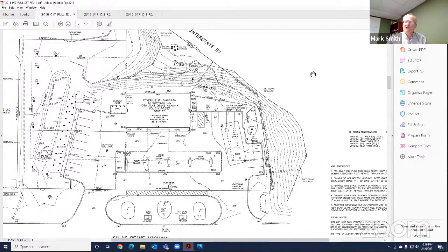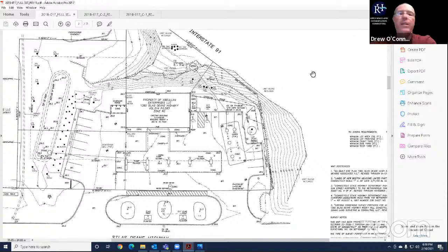I'm sorry, is it okay if I make a comment? Yes, Mr. Smith. Yeah, the soil I was talking about removing was going to be in the temporary disturbance area. We were going to remove it, put it aside so it wouldn't get compacted, and then put it back in the same location. Okay. Yeah, I understand that, but